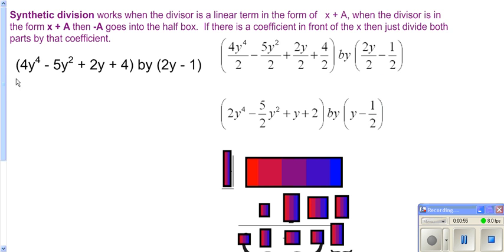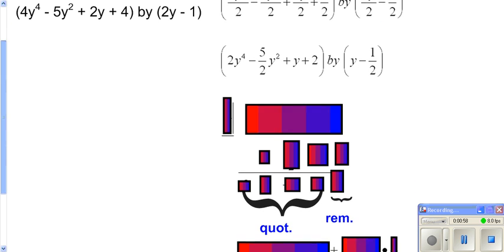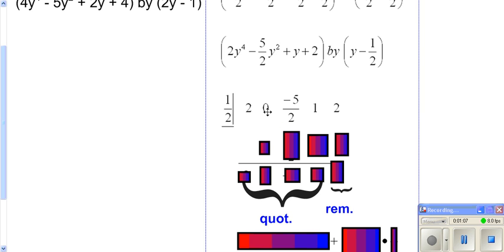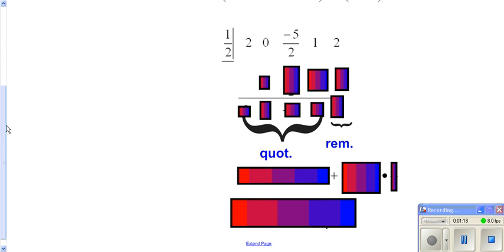So now it's just normal synthetic division like we were looking at before. We take the opposite of what's after our y, take our coefficients and constants, and put them down. But notice I need to have a 0 here because I have no cube, so I need a 0 there as a placeholder. Then all I want to do is add down, multiply by 2 times my half, add down,